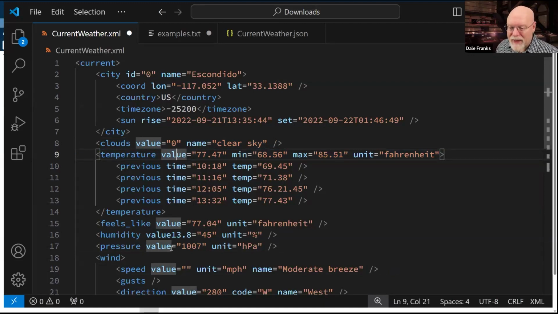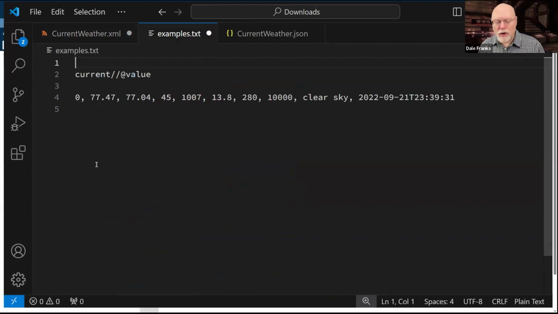Pressure 1007. That all looks real familiar. It's because it is returning a comma-separated list, in Process Director anyway, of everything inside the current node. It's giving me the actual value of every attribute that is named value inside the current node.